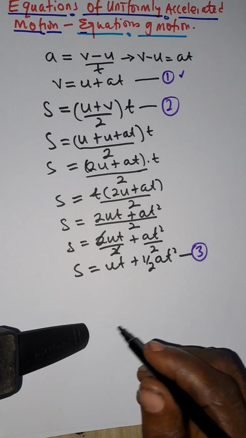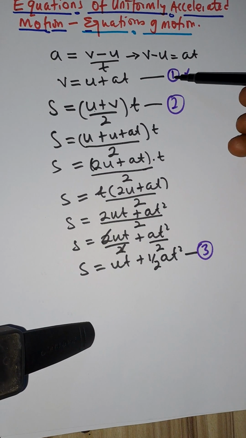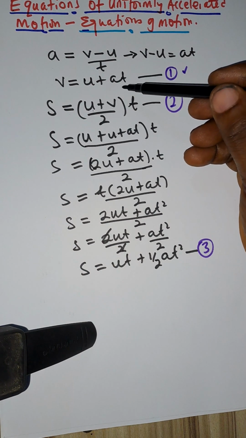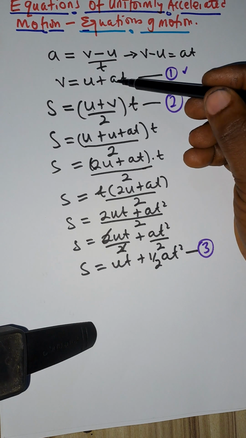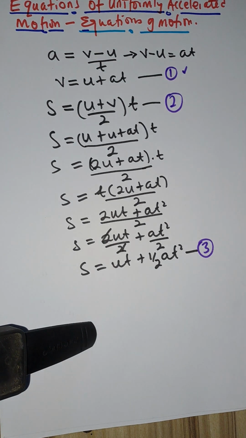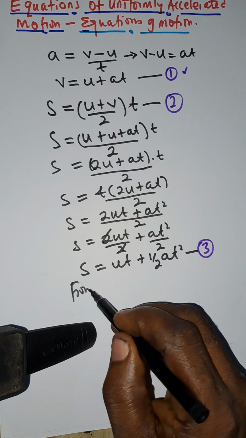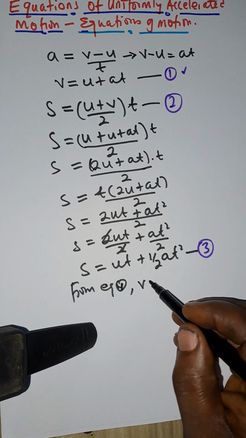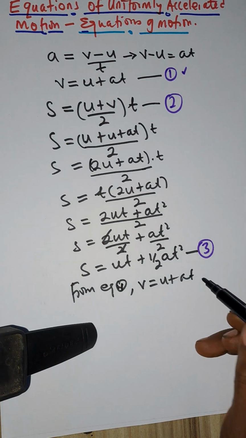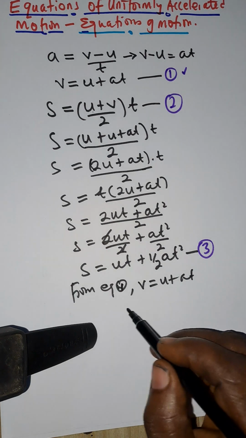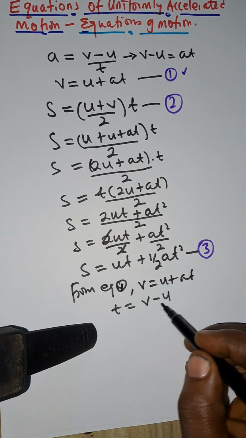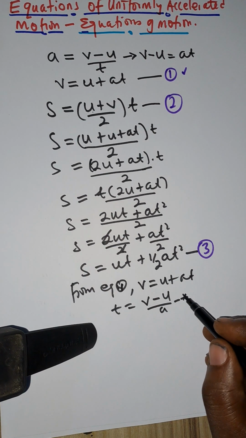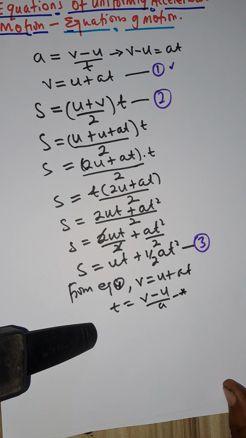Now, from equation 1, we can find out what t is. Okay, we can make t the subject of the formula from equation 1. From v equals u plus at, t will be v minus u over a. Okay, I'll call it equation star. If we use equation star in equation 2,